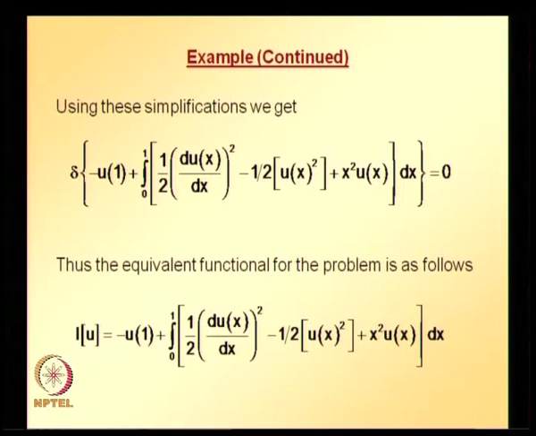So, whatever is there inside the bracket, let us call that I, a function of u, because whatever is there inside the variational operator is a function of u. So, I am defining a new quantity called I, which is going to be a function of u, and that is what is called the equivalent functional for this particular problem. So, given any boundary value problem with boundary conditions, you can adopt these steps to finally arrive at this kind of variational functional.